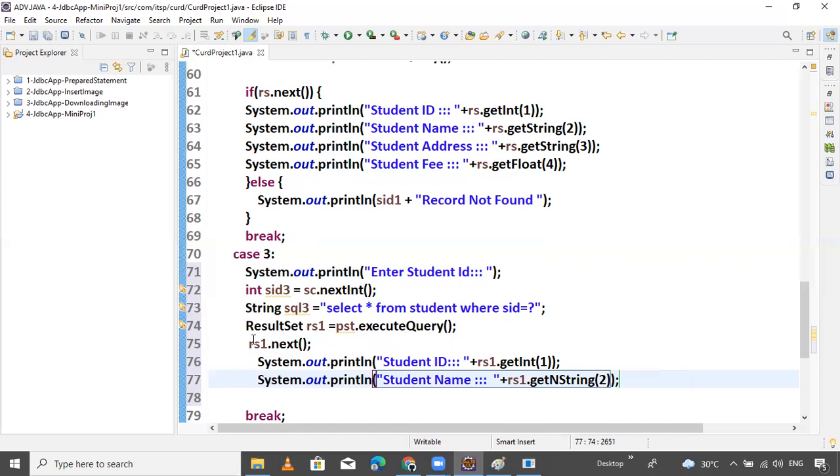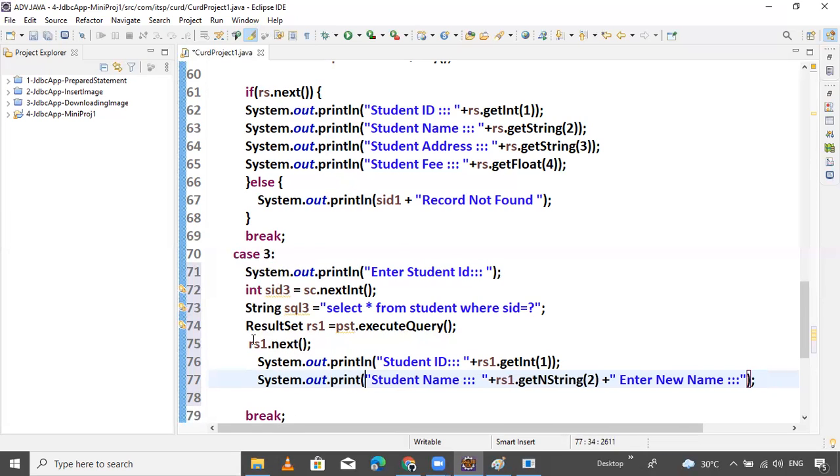Okay, here. So what we have to do? Plus, simple. Provide one plus and enter new name. Enter new name. New name of the student. That's it. Plus not required, just asking the user.